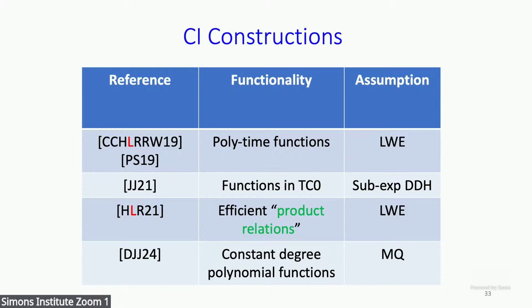So we have results based on LWE for the complexity class of all polytime functions. We have this result of Jain and Jin, which says that if all you care about is correlation intractability for functions that have low threshold circuit complexity, this TC0 class, then you can do it based on the hardness of DDH, the Diffie-Hellman assumption. And there's this really cool result actually from last year of Dao, Jain, and Jin, where